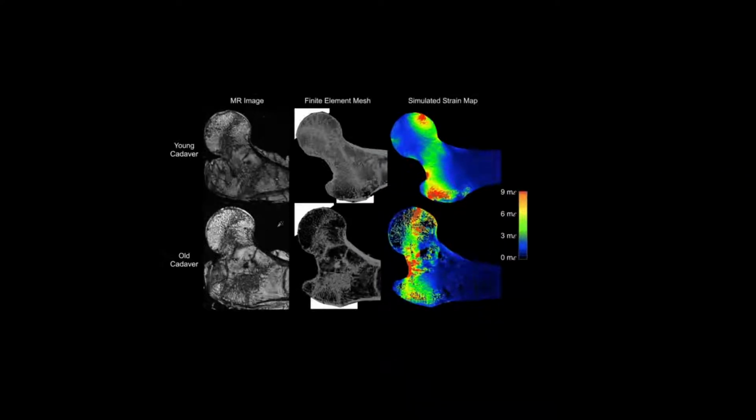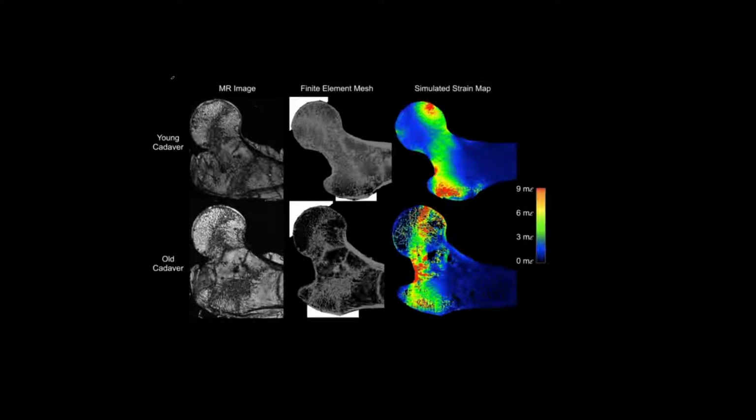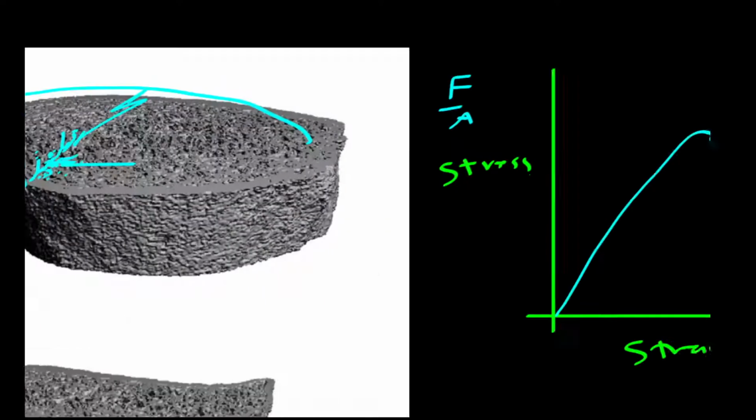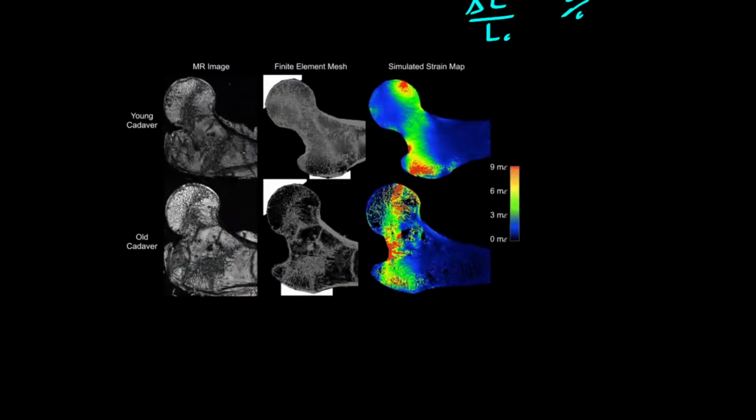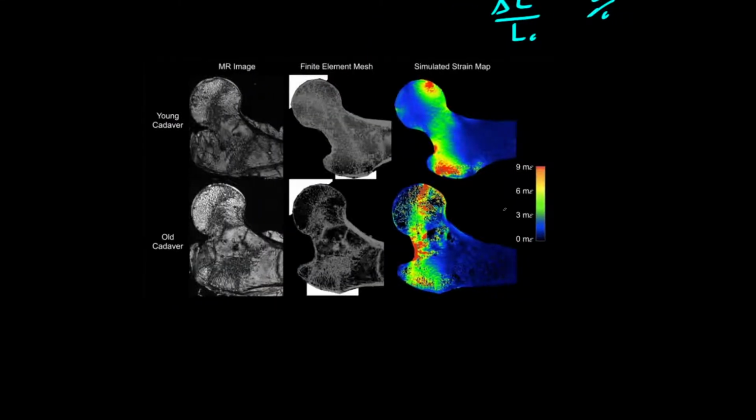Here we go. This is what I want to look at. This is an MRI and a computational model of the distribution of strain, meaning change in length over the original length, percentage change in length. And we know that if that strain gets too high, then you end up here, right? So too much strain, bad. We're looking at the head of the femur. It's kind of a funny view. This is the distal end, this is the proximal end of the femur, and this goes down to the knee joint down here and the hip is up here. So this is the frontal plane, but the body's sort of laying on its side.